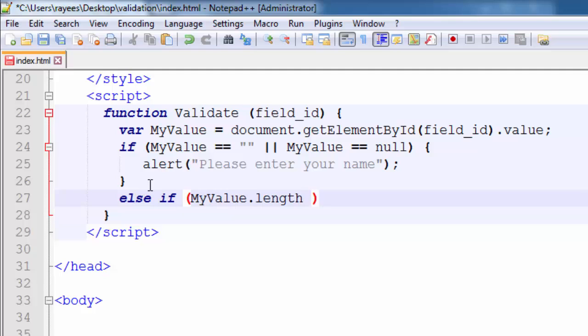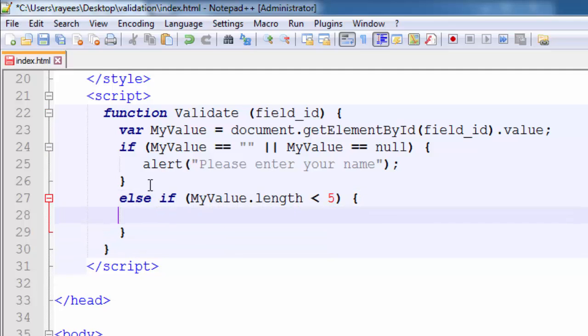So for this condition we'll see whether it is less than 5 characters or greater than 5 characters. If it is less than 5 characters, then it is an invalid name and we'll alert the user. And if it is 5 characters or more, then it is a valid name and we'll accept it. Now if the name is less than 5 characters, we'll alert the user with the message alert